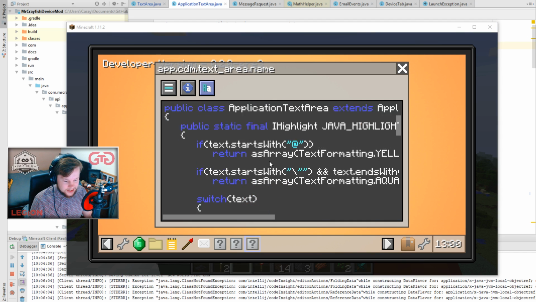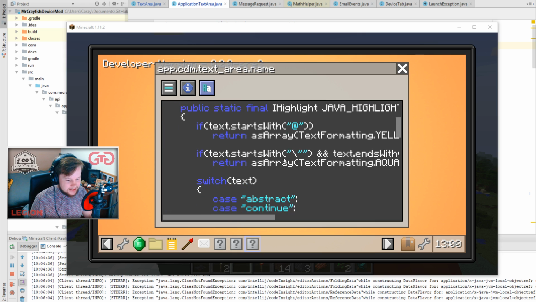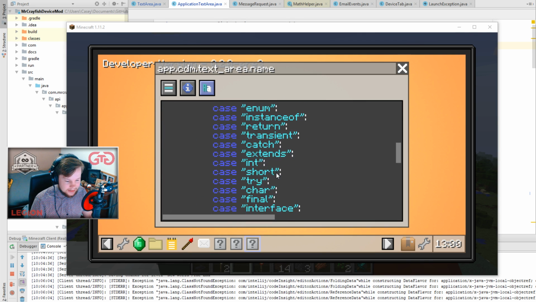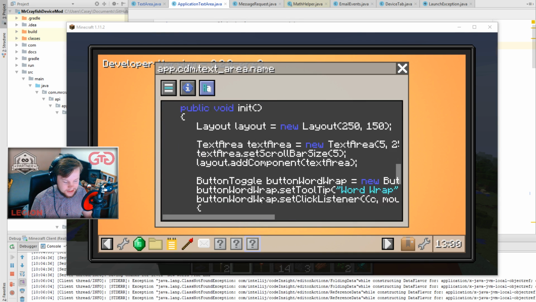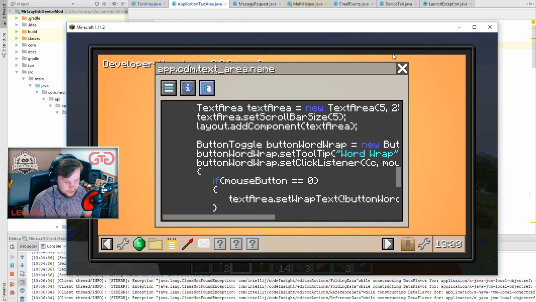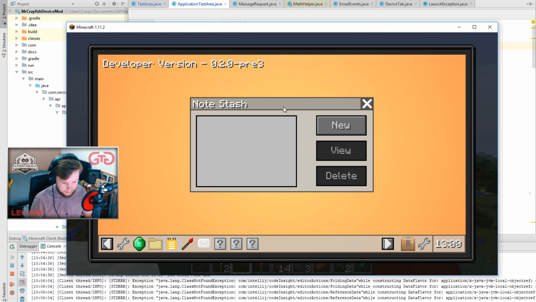Alright, so yeah, this is the text area. It is working beautifully. What do you guys think of this? So this is the new and improved version. We can do so much with it now, and I've got to fix up some applications. I mean, there's still some features that I've got to add to it, such as